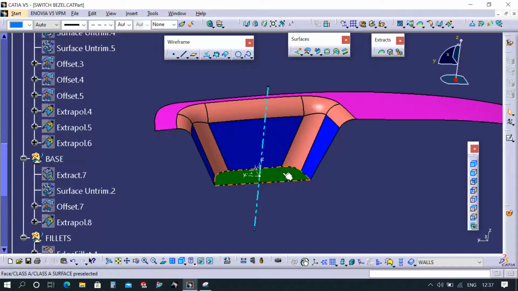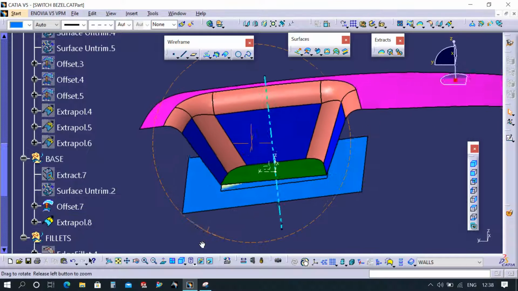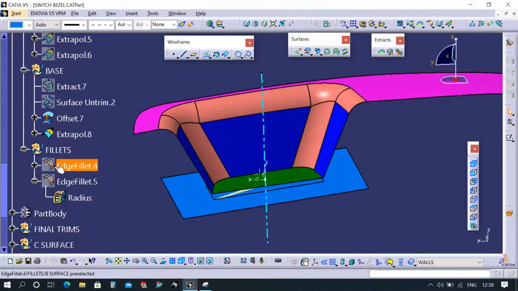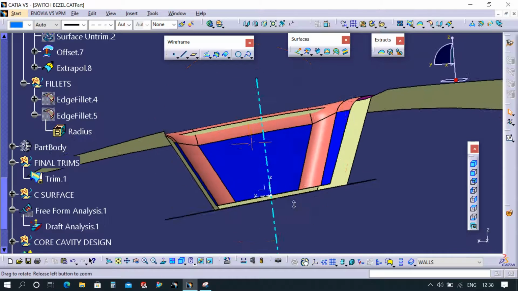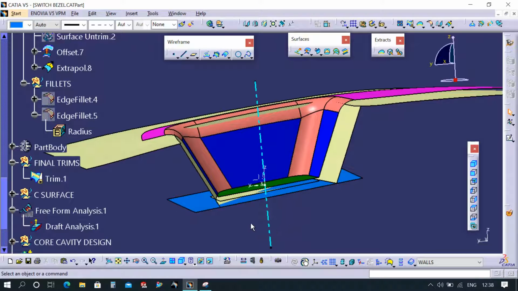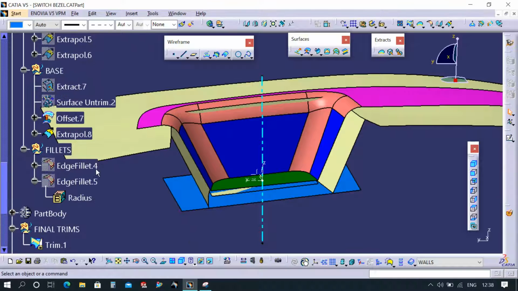This part and this one, the last part remaining is the bottom surface, which I named as Viz. So again the same process: extract, untrim, then offset. It will come down by 3 mm, then extrapolate. After extrapolating, you have to untrim this surface.